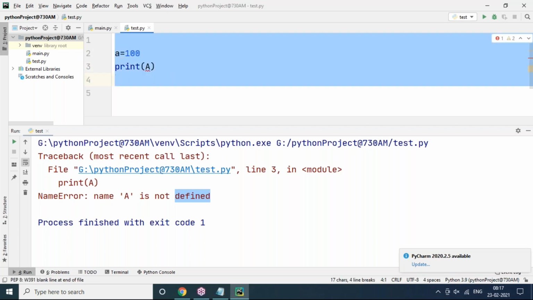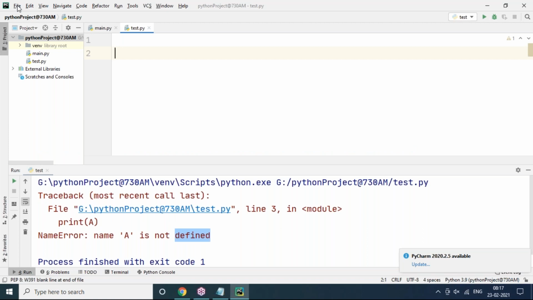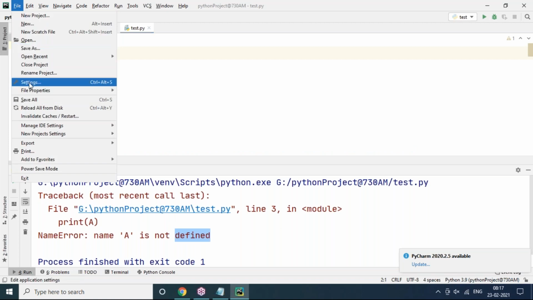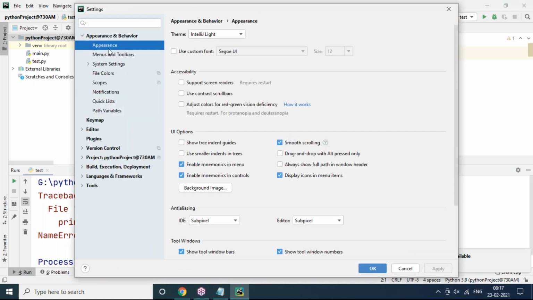So this is the PyCharm editor. Sir, if I want to make some changes like changing the background theme, or increasing or decreasing the font size in the PyCharm editor, how do I do this? Yes, let's go to the File menu. After that, the Settings option is there. You can see this Settings option. After that, on the left-hand side, Appearance will be there. There is IntelliJ Light. This is the appearance and theme. If you want, you can select Windows 10 Light, Dracula or High Contrast.